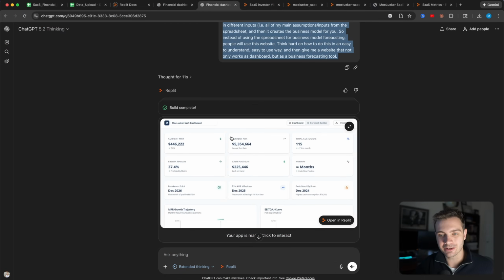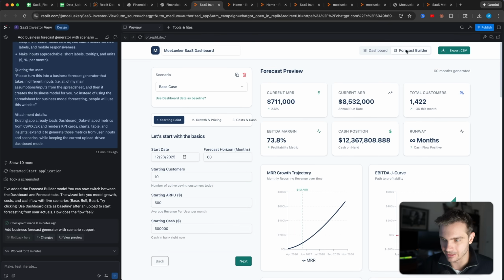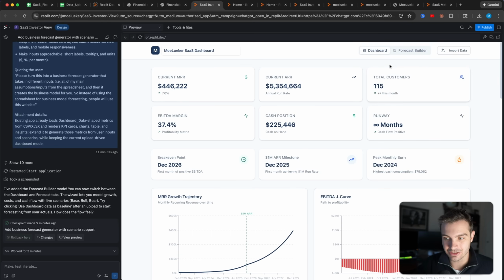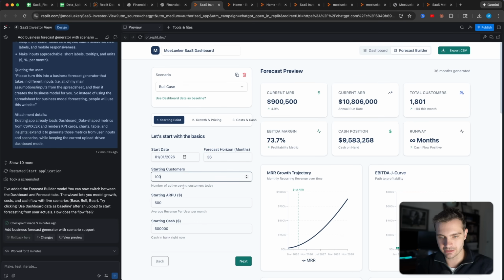So now let's check back on our custom forecast builder that is more complex, and let's see if this was able to create this within just one try. Let's open this in Replit and let's click on our forecast builder. So now it has the initial dashboard, but we also have the forecast builder right here. Let's select bull case. Let's select the start date. Let's do the forecast horizon 36 months, starting customers 100, starting ARPU, let's call this 200, starting cash at 1